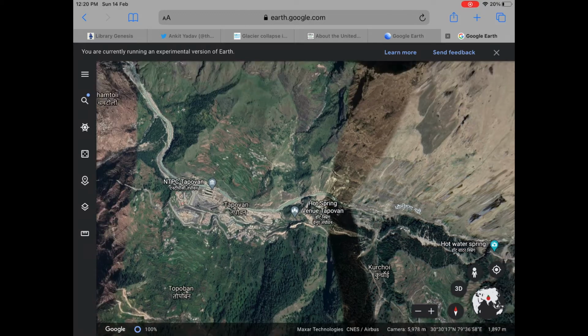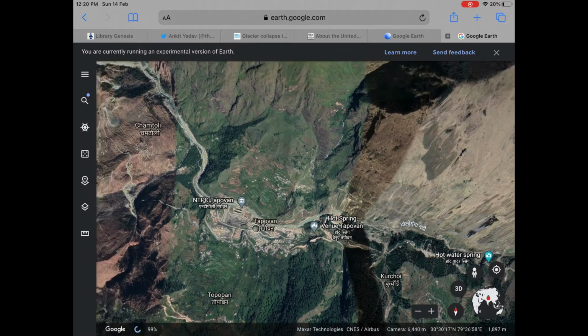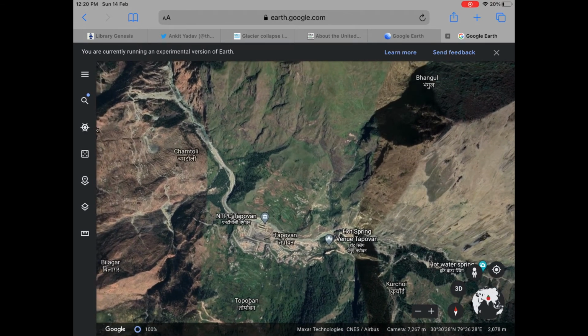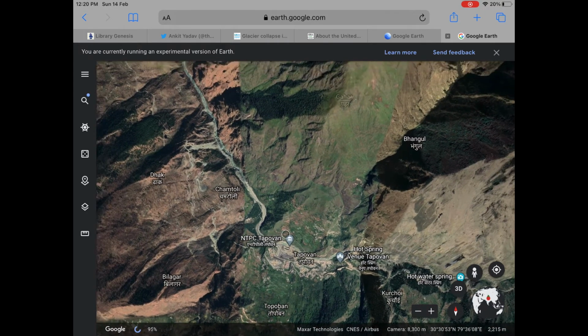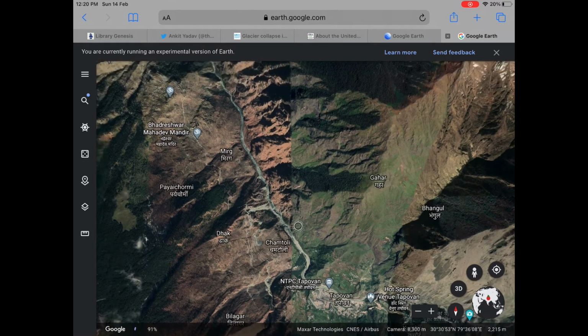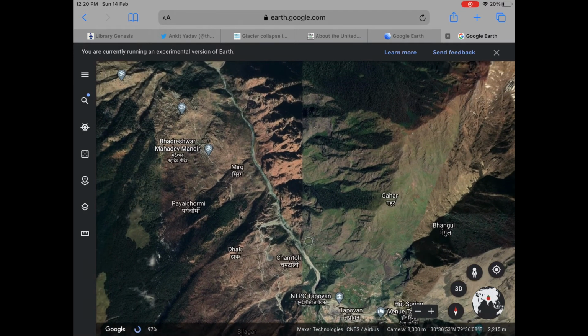There is a tunnel in NTPC Tapovan which was flooded by the flash flood, and there are people who can still be trapped in that particular tunnel.